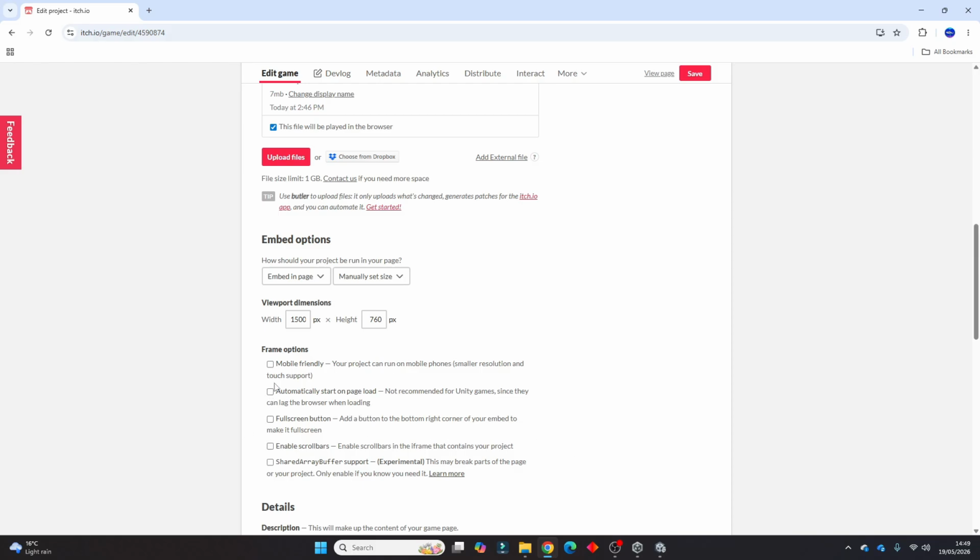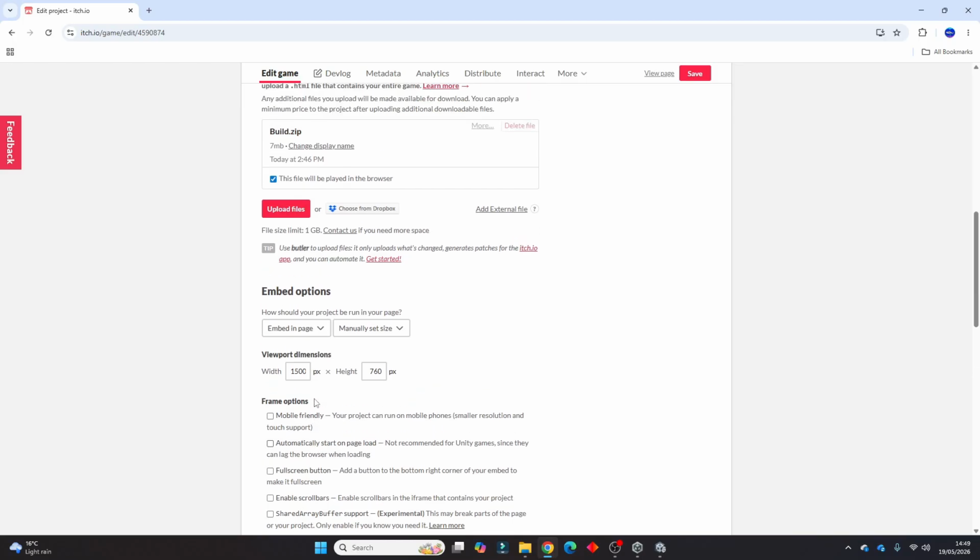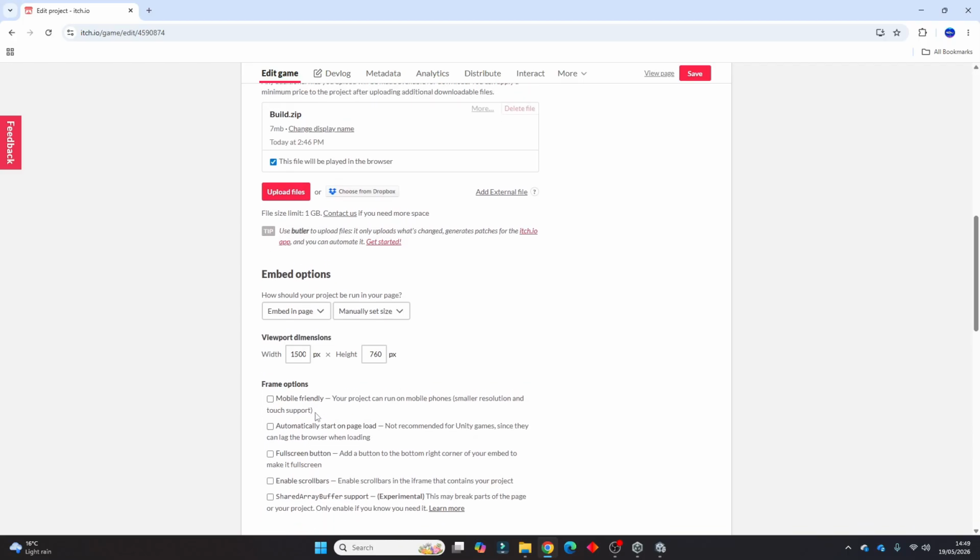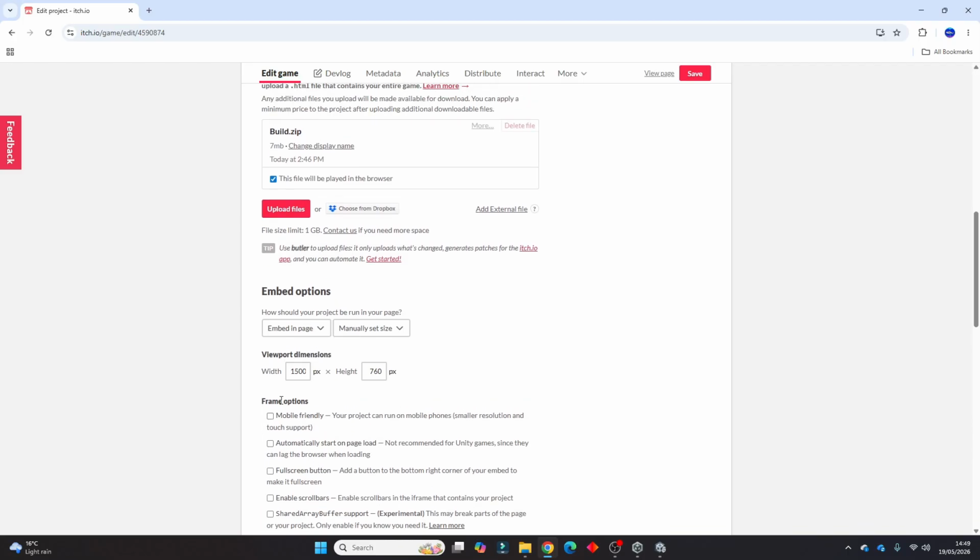Any of these other options, you can just pick around and see. If you're uploading a mobile game, then maybe that option's for you, or this one. I don't really know all these options. I'm not picking any of these because they aren't really for me, but maybe they are for you. Anyway, that is basically how you upload your